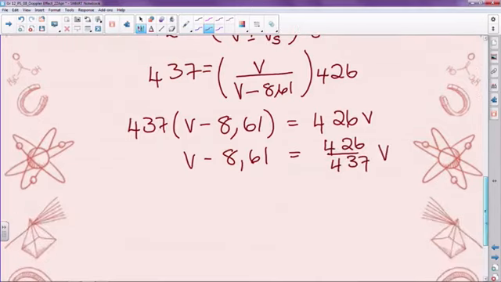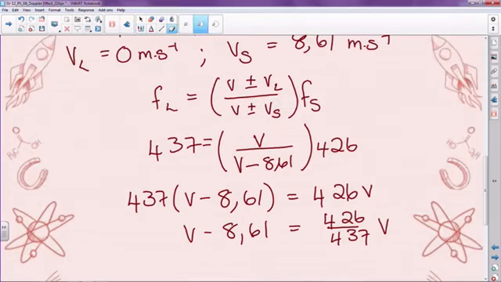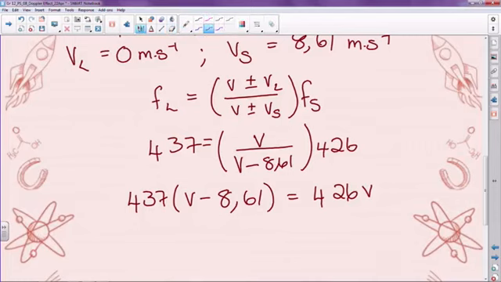Well, that's one way to do it, I suppose. In fact, that's not how I did it in my memo. I don't know what I was thinking. Let's not do it that way. Let's multiply it in. Can you see it doesn't actually matter? I just want to show you another way. So we multiply the 437 in. So we're going to have 437V minus